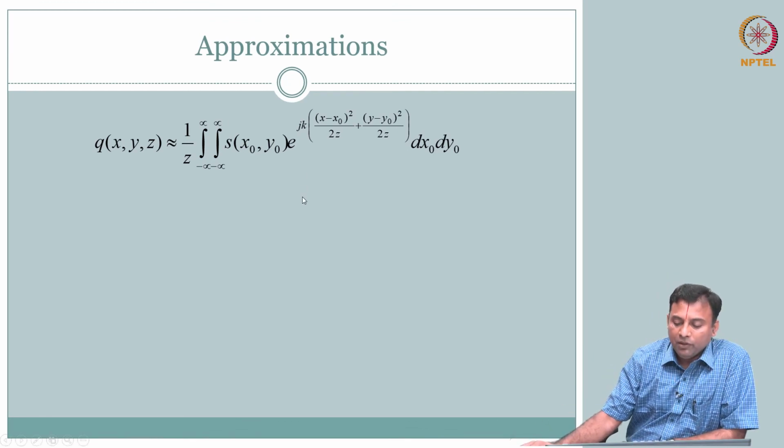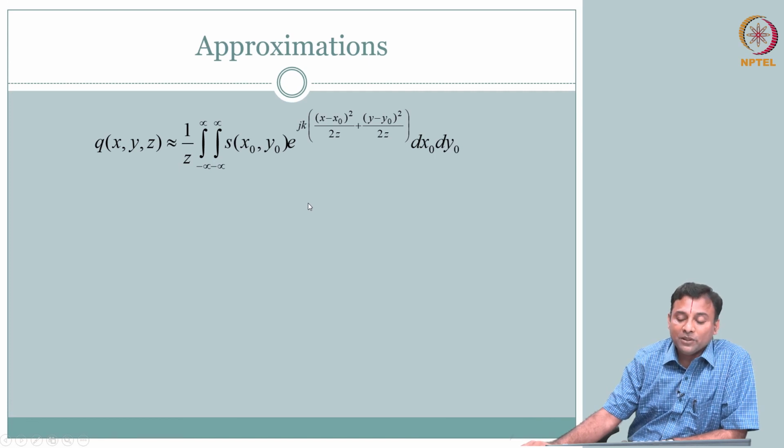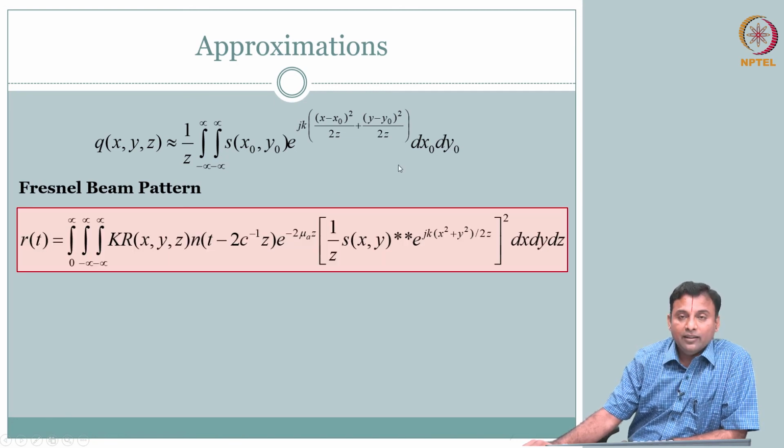But how do we simplify this further? Do you see anything here that rings a bell? Have you seen this formulation somewhere? A double integral, you have an exponential with, of course, dummy variables x naught, y naught. In your formulation usually you have x and y and the shift will be x naught, y naught, it is just a different variable. But conceptually what is this capturing? Okay. So this is your Fresnel beam pattern, we will just recognize that this is akin to your